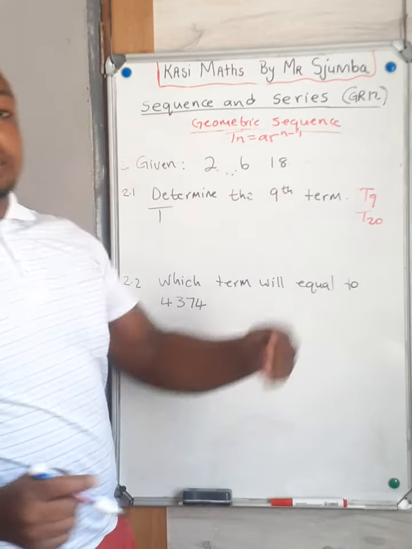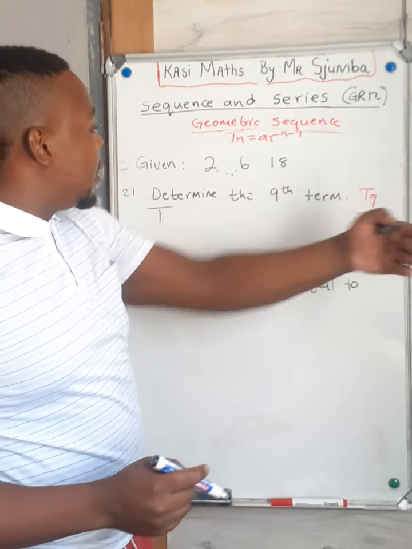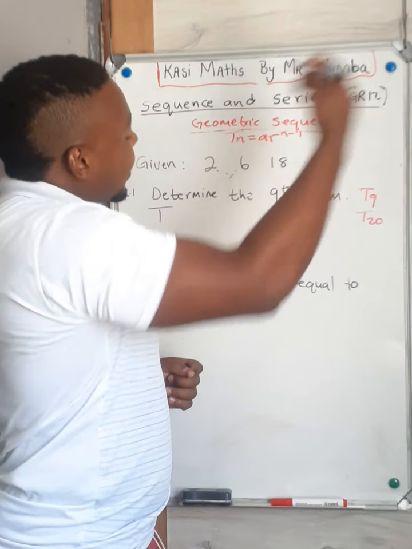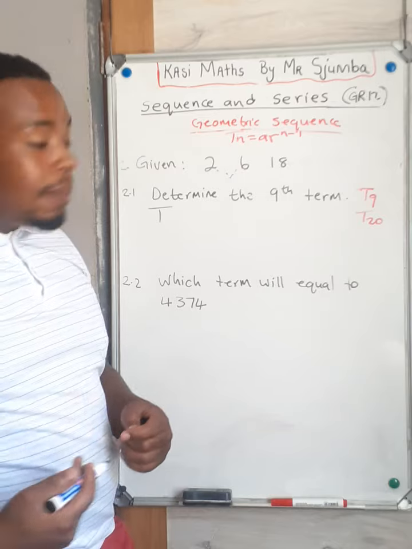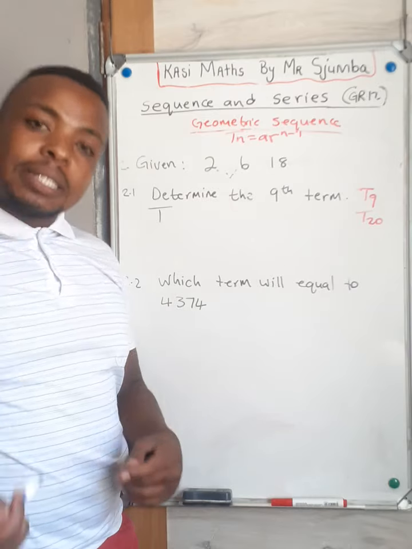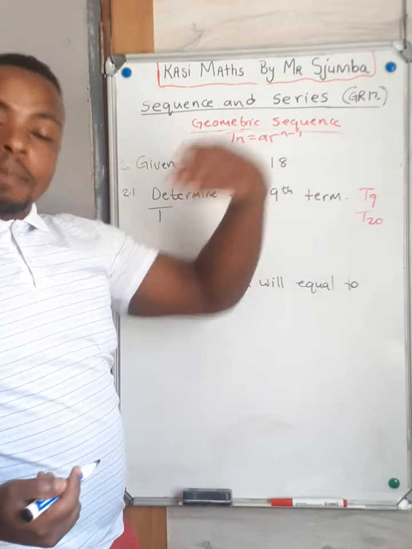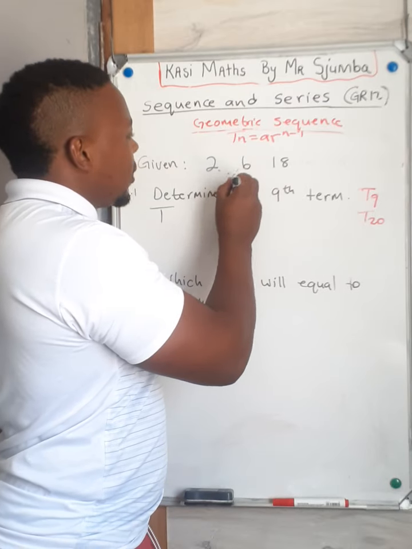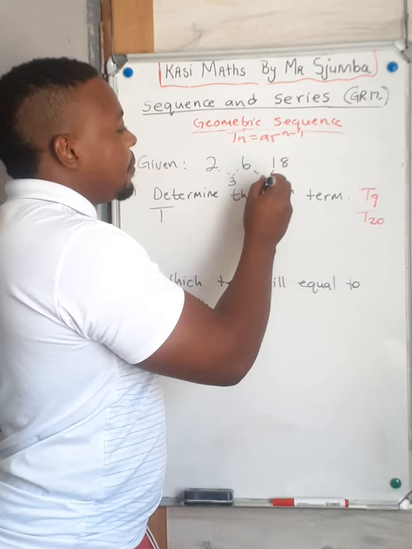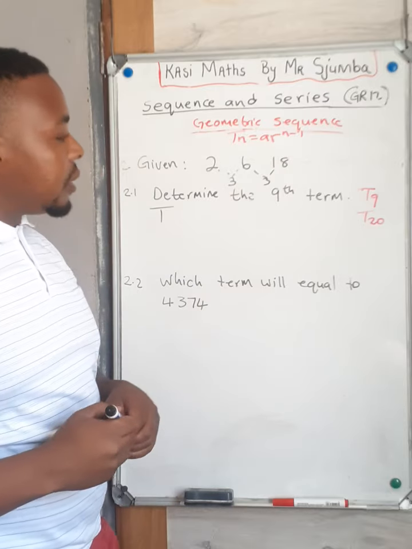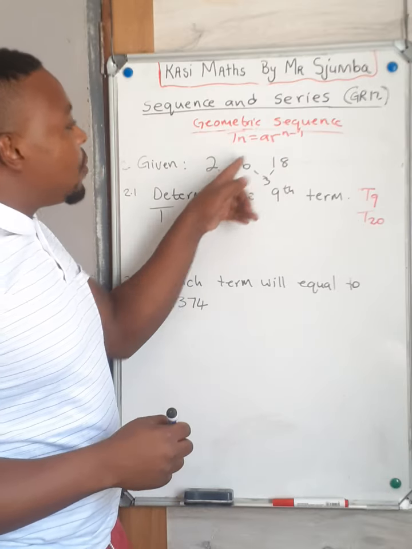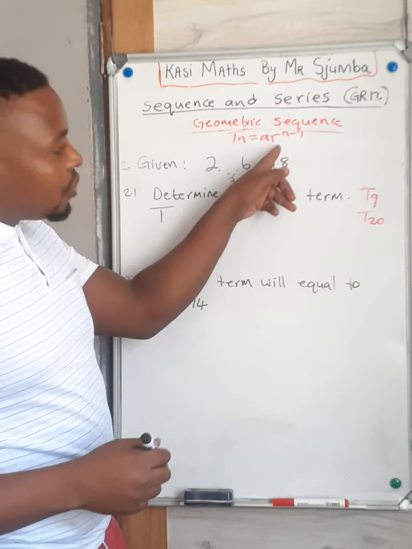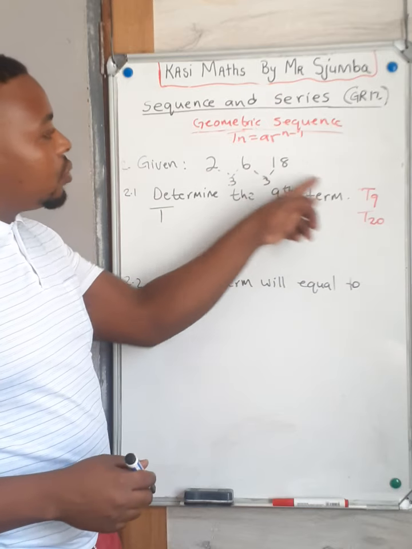Common ratio: it's the second term divided by the first term, or the third term divided by the second term, or the fifth term divided by the fourth term, and so on. So 6 divided by 2 is 3, and 18 divided by 6 is also 3. So we have our first term, which is 2, our common ratio, which is 3, and then we can substitute